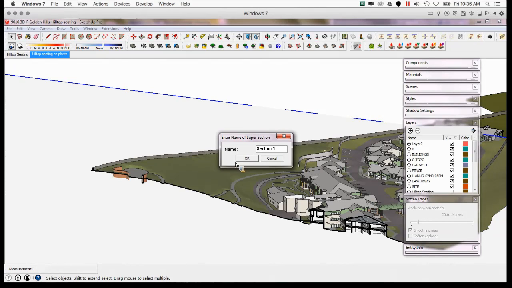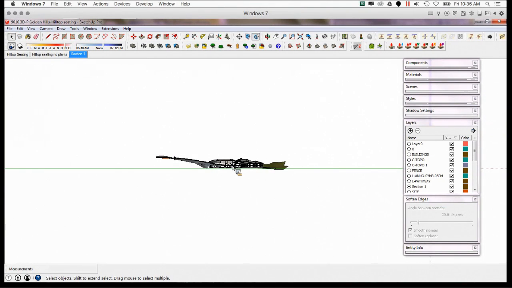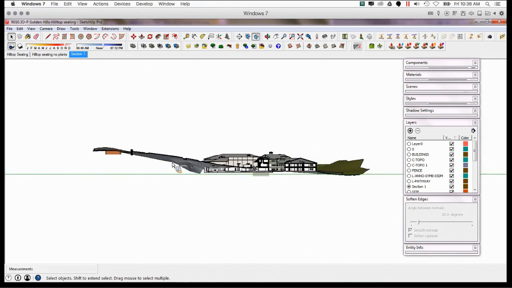What it's going to do is it's going to create a scene. It's going to display everything in parallel projection, so that flat, straight-on look, and it's going to create its own layer if you want to put stuff on that layer, and it'll only be visible with that scene. So it does a lot of different things, and you're going to see now that it's zoom extents there, and